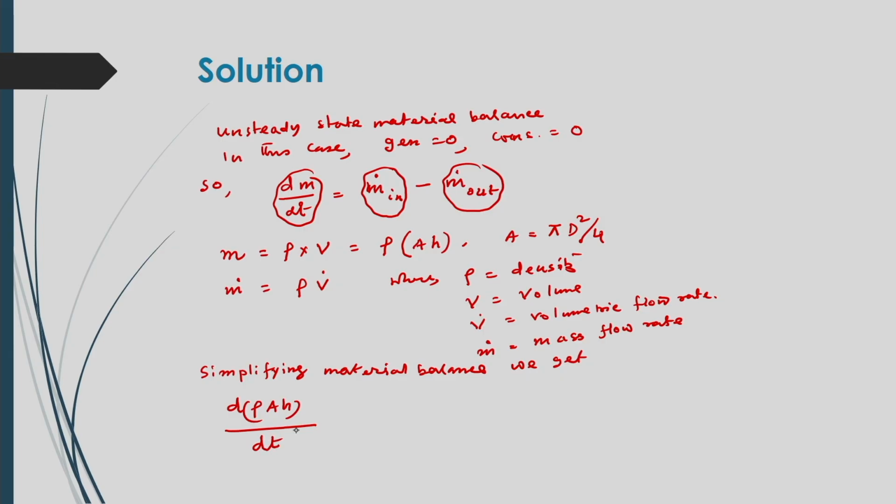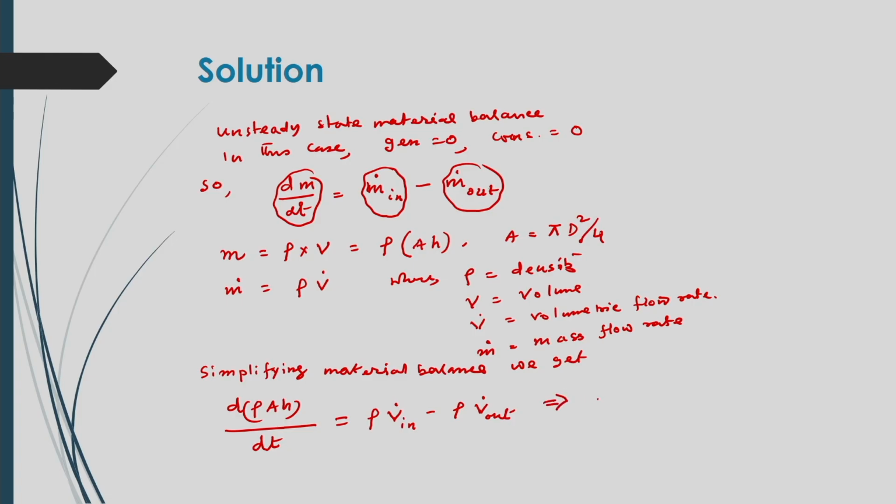We have just substituted the value of m as rho into AH, that will be equal to rho into v dot in minus rho into v dot out,